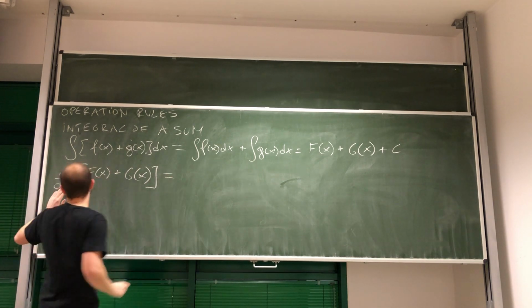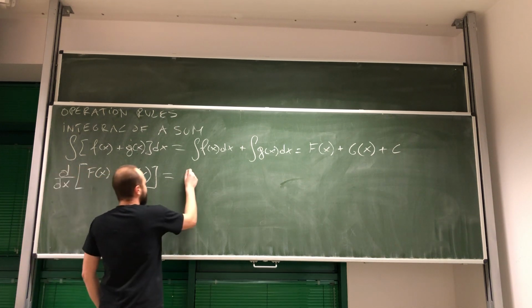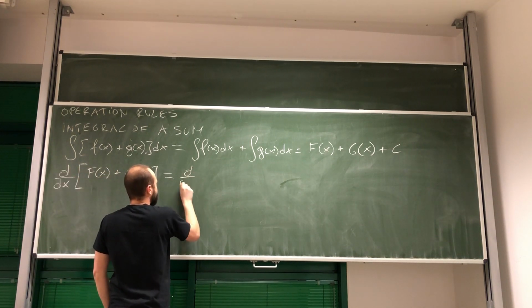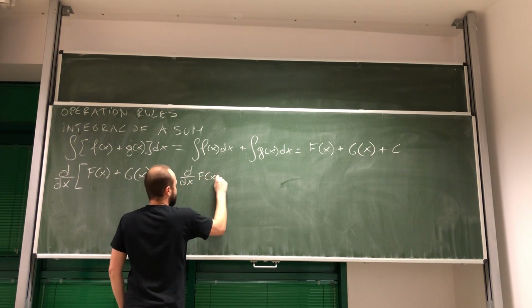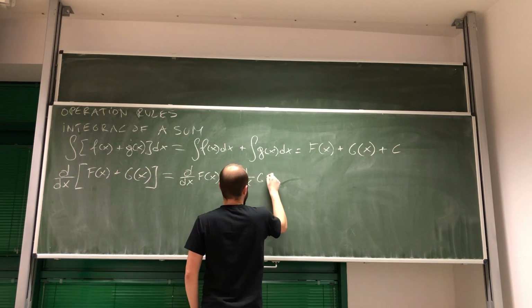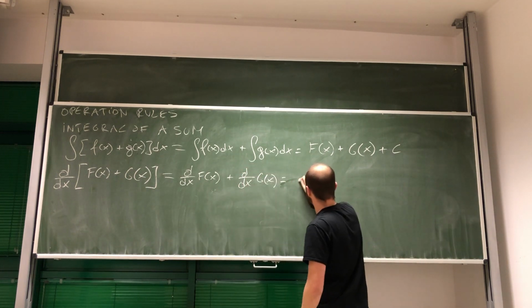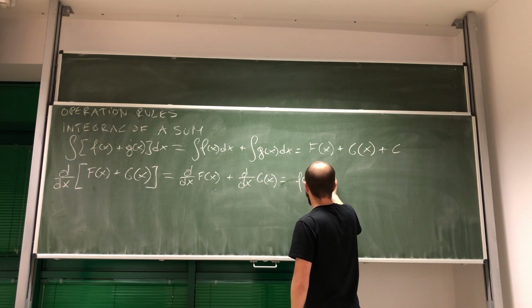Well, because the derivative of a sum is the sum of derivatives, I'm going to get this. Right? I can differentiate each of these expressions separately without any issues. And of course, we know that this derivative is equal to f of x, and this one,